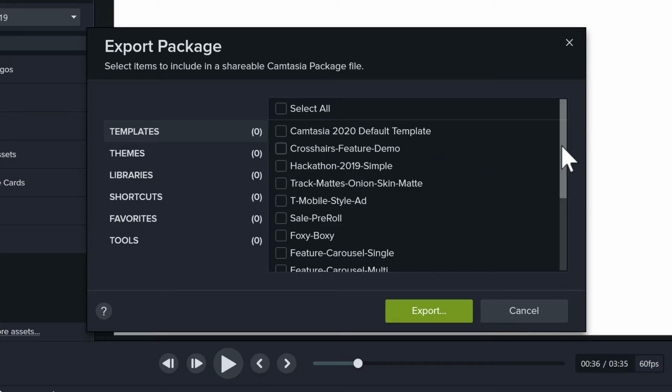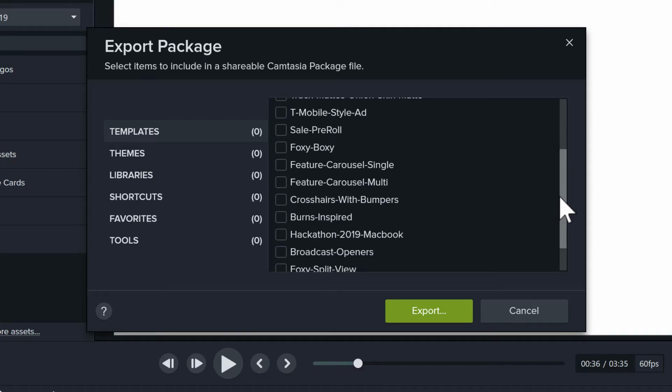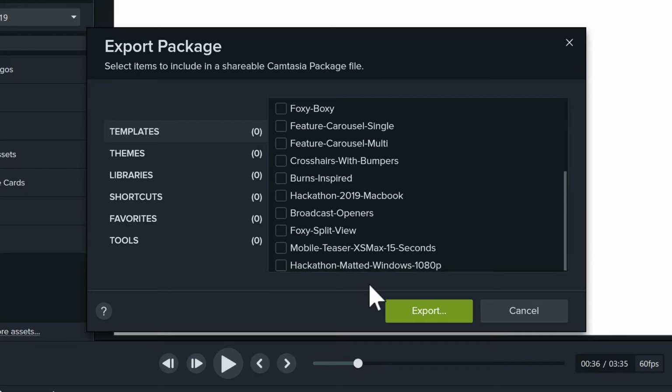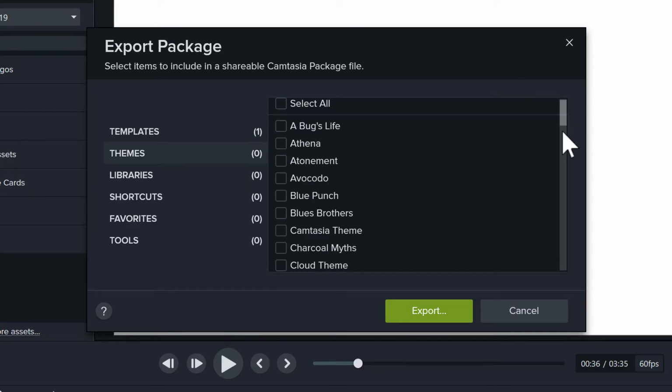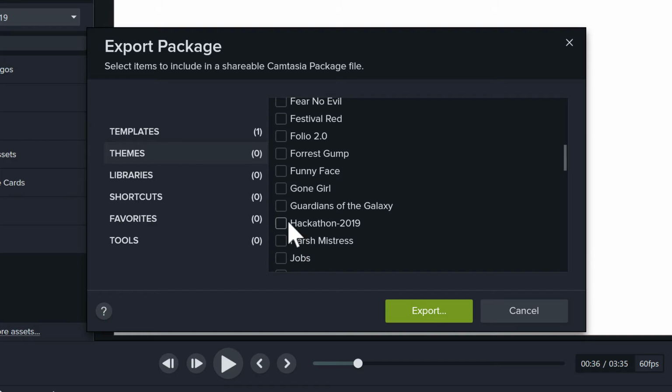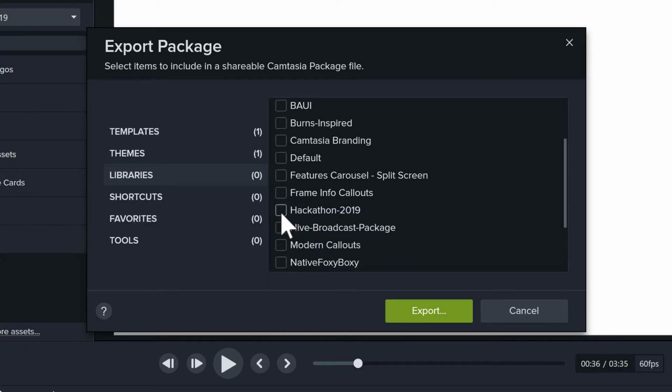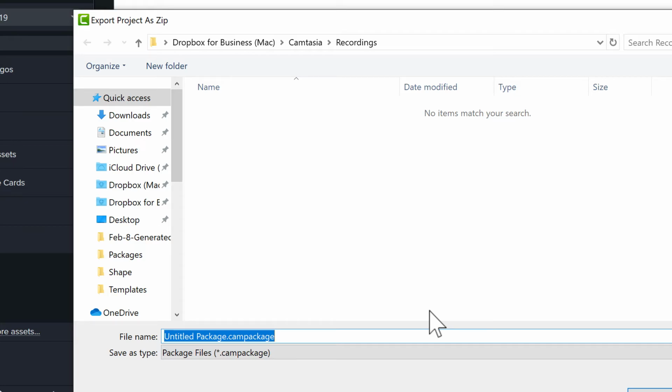So in the case of the hackathon, I'm going to go down, I'm going to find my hackathon template. Yep, I know most of my people are running Windows, so I'm going to give them that template. I'm going to give them the hackathon theme. We'll scroll down and find the hackathon theme. And then there's also that library I wanted to ship with it too, which is the Hackathon 2019. So then you're going to go ahead and choose export a package. We're going to give it a name,